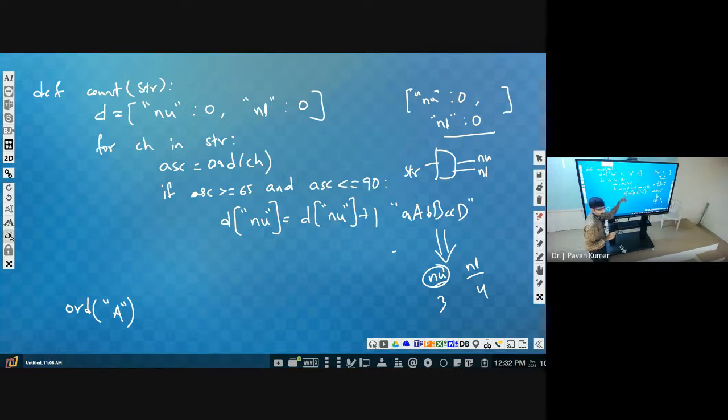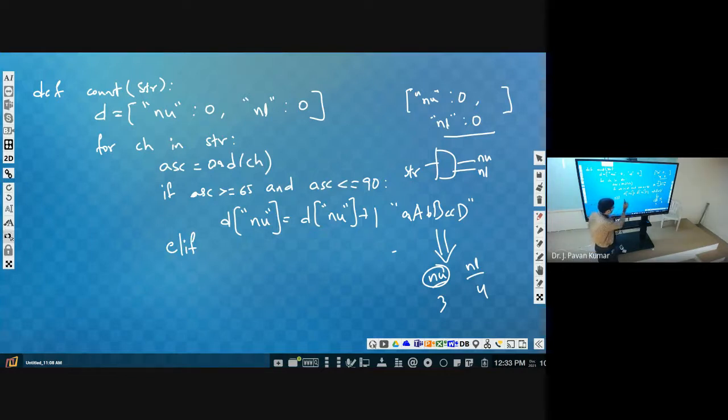If it is an uppercase letter, is there any possibility that the character will also be a lowercase? No, right? So if you use if here, it will check again unnecessarily. If it is true, then we need not check this. Whenever it is false, then only we need to check the second condition. So what can be used? Else if, which is ELIF.